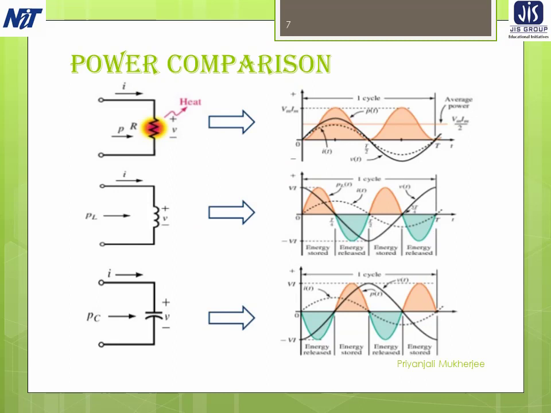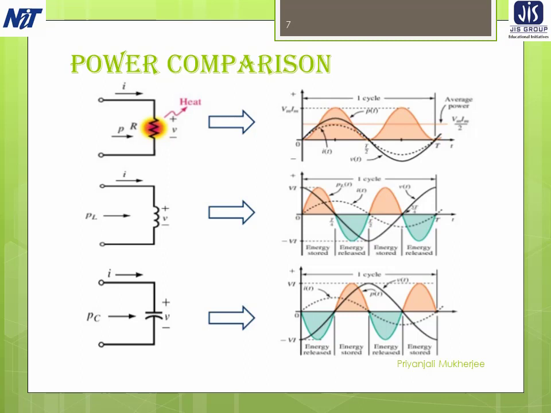So let us compare the different powers of R, L and C circuits. First we are considering that a resistance is connected and the drop across the resistance is VR. Here we can see that the current and voltage are in the same phase, because in a purely resistive circuit there is no phase difference between the voltage and current signals. And in the first half cycle the power is positive because both the current and voltage are positive, and similarly for the second half cycle, as both the voltage and current are negative,